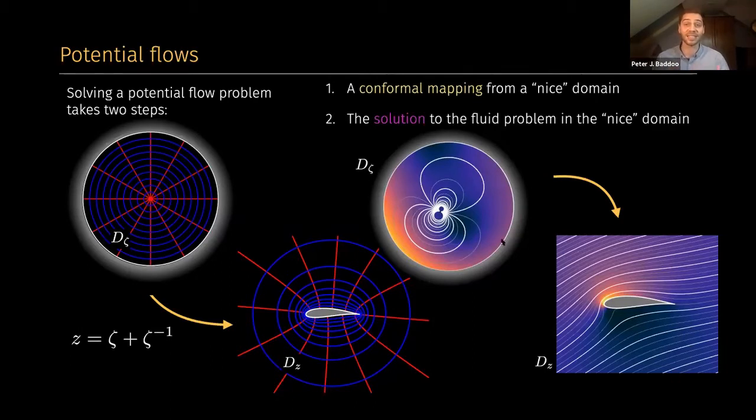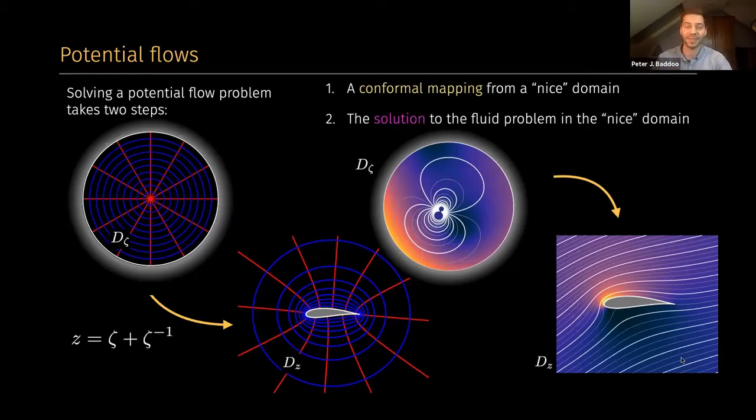And then the second is the solution to the fluids problem inside that physical domain. And when I started the PhD, there were no constructive procedures to get a conformal map for this periodic cascade, this disconnected array of objects. So I couldn't make progress in this way. And anyone who's actually tried to construct a conformal map will know just how difficult it is to get the precise one